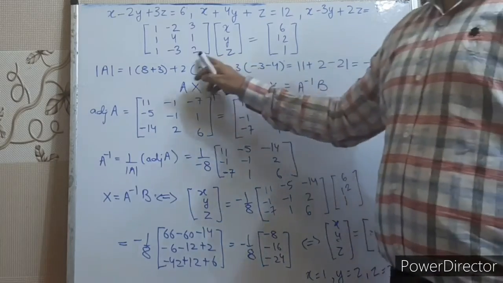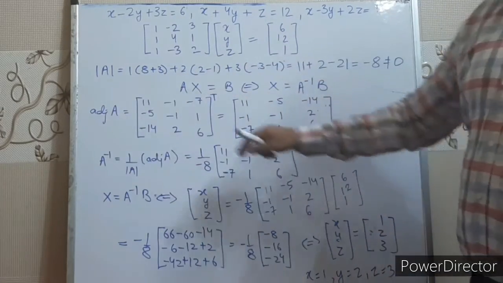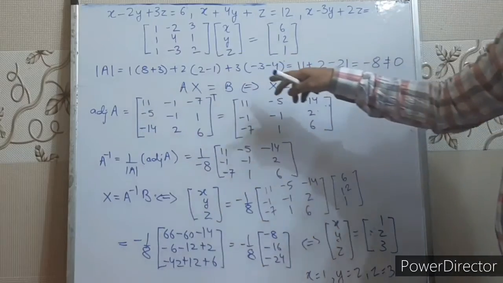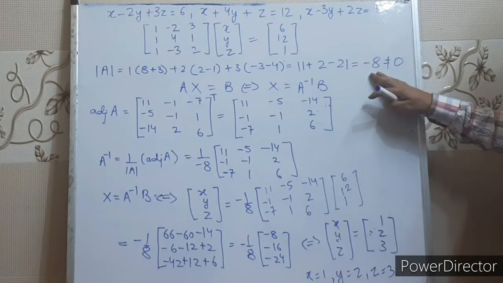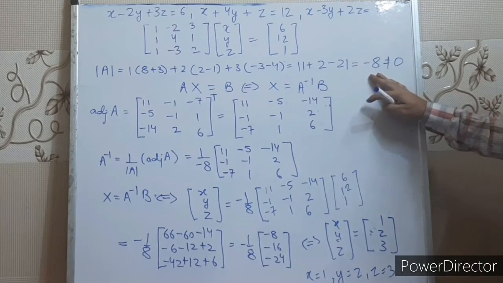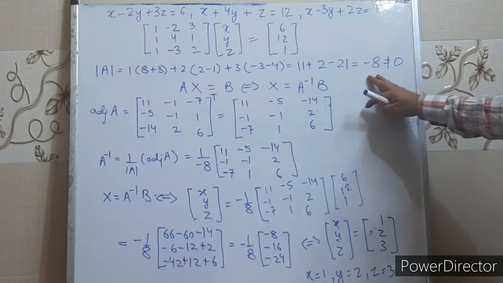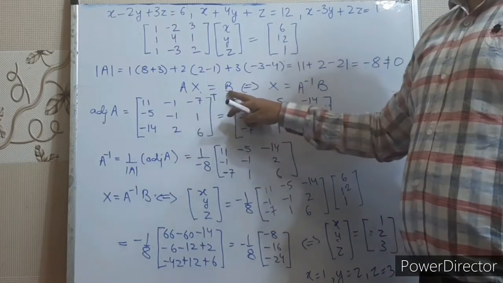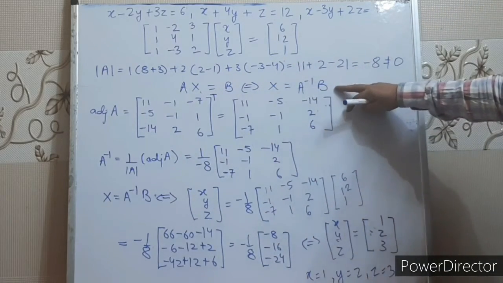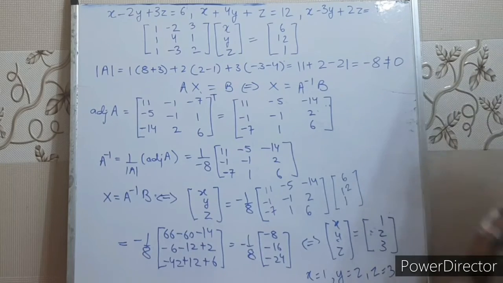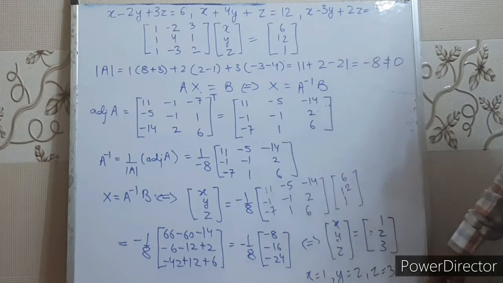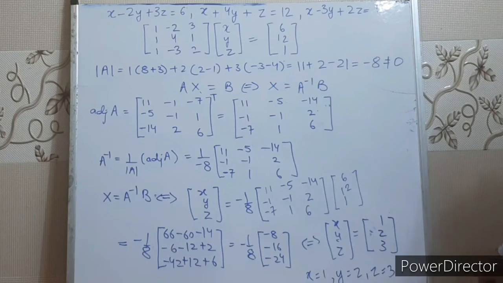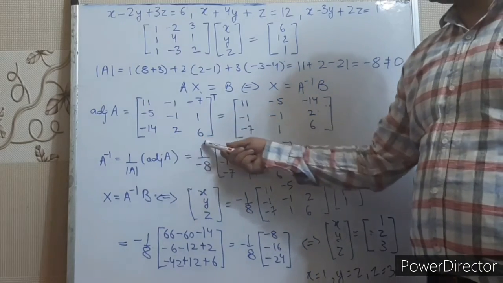First what we'll do, we'll calculate the value of determinant of A. And when we expand this, find the value of determinant of A matrix, what we'll get? Minus 8. When determinant of A is not equal to 0, that means A is invertible, inverse of A exists. So from here we can say that when AX equals to B, X equals to A inverse B. Right children? Now for calculating inverse, we first need to calculate adjoint A. Adjoint A, we have already discussed, it's a transpose of cofactor matrix.